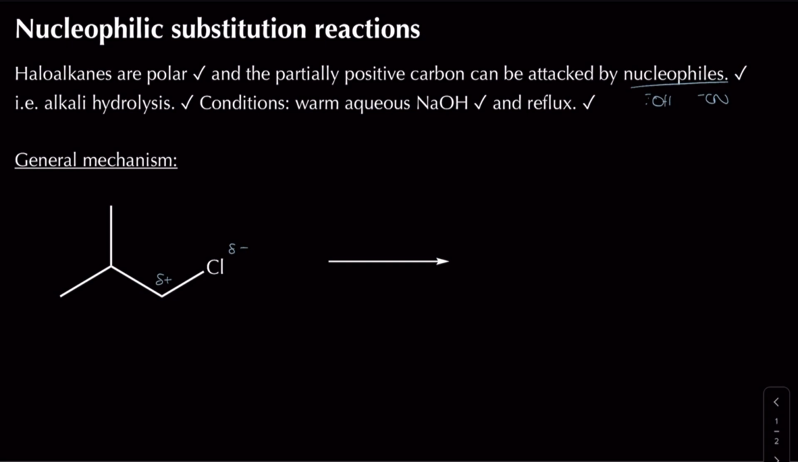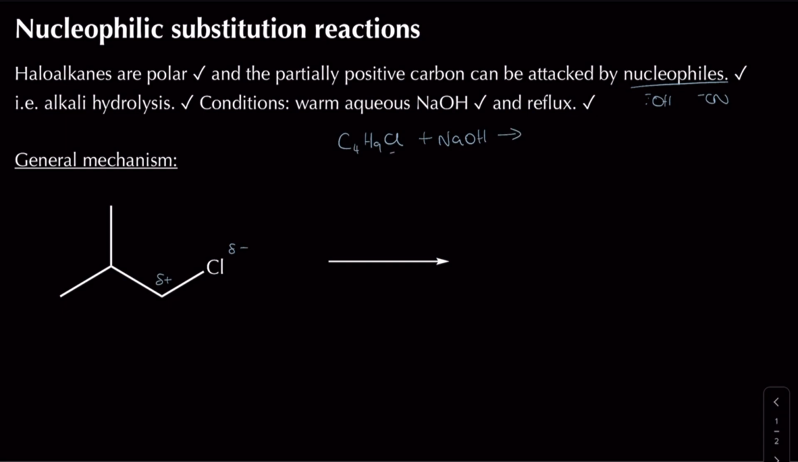Now in this specific case, we're going to be doing an example of a mechanism of a reaction called alkaline hydrolysis, where our reagent is going to be sodium hydroxide, and it needs to be warm and aqueous, and then we're going to have reflux as the apparatus itself. So in this particular example, I've got 1-chloro-2-methylpropane. The formula is going to be C4H9Cl, and that's going to be reacting with sodium hydroxide, and that's going to form, in a substitution reaction,